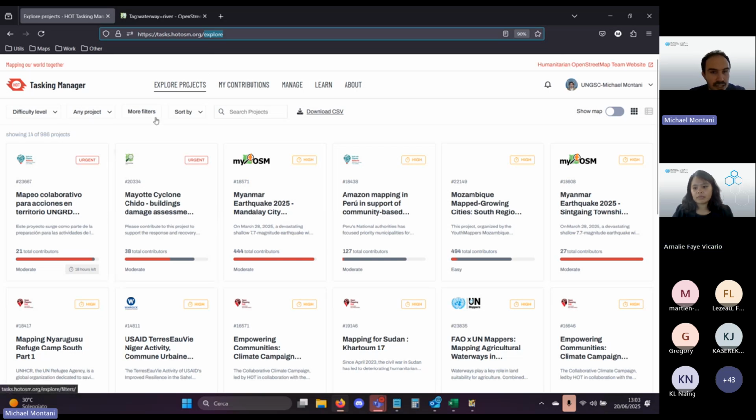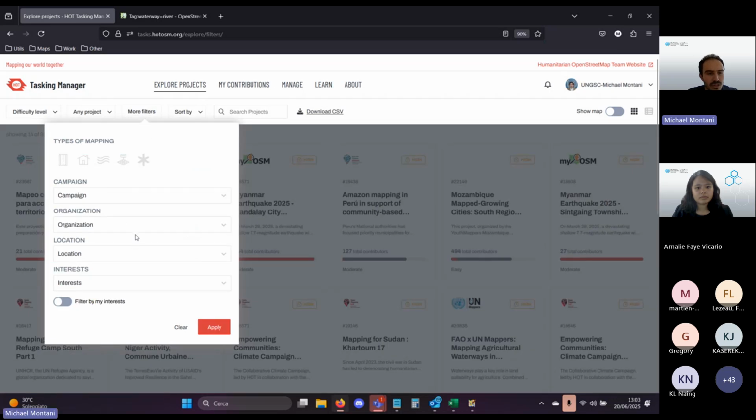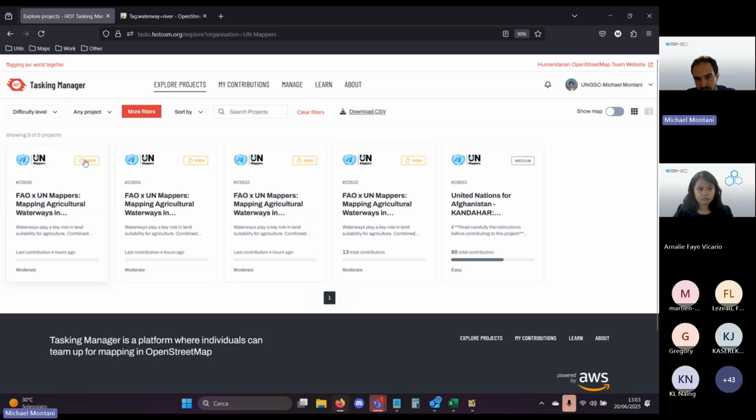Here you have to click on the More Filters button just to see our projects. You can type UN Mappers in the organization filter, and you will see all the projects. Alternatively, you can directly use the link for each project. But I just wanted to show that we actually have 4 projects open because the area is very big. It's basically all the border of Mauritania, at least what is touching the Senegal River. But for this time, let's focus on this project 23832.